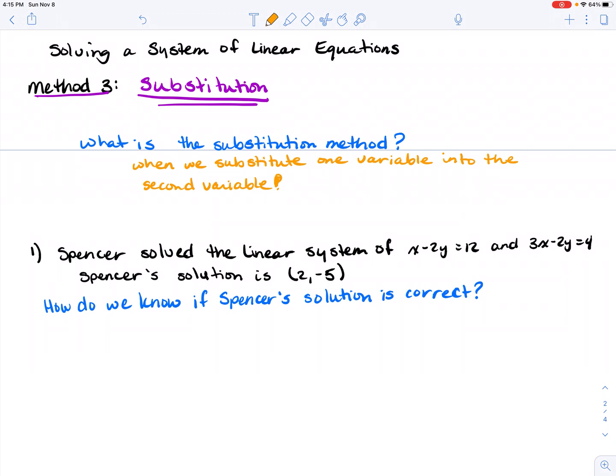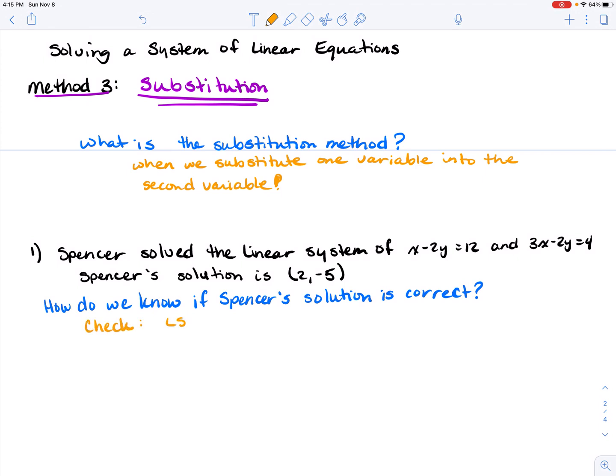Let's look at Spencer. He solved the linear system of x minus 2y equals 12 and 3x minus 2y equals 4. And Spencer came up with a solution of 2, negative 5 for x and y. First thing, how do we know if Spencer's solution is correct? In the previous tutorial, you saw that we can do the check,